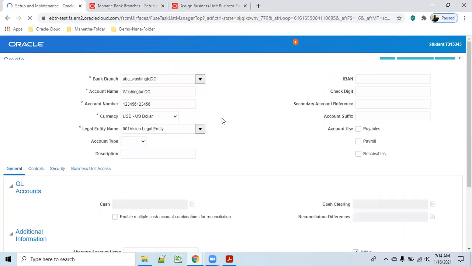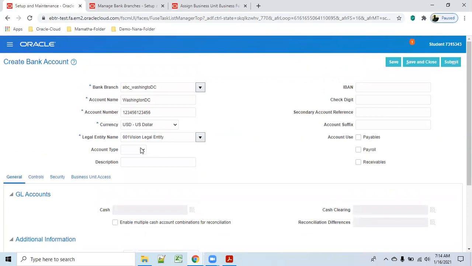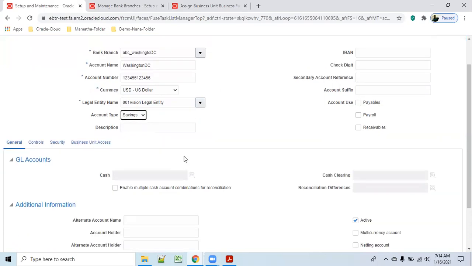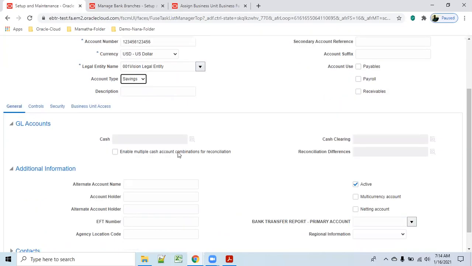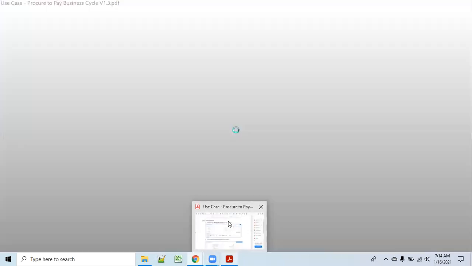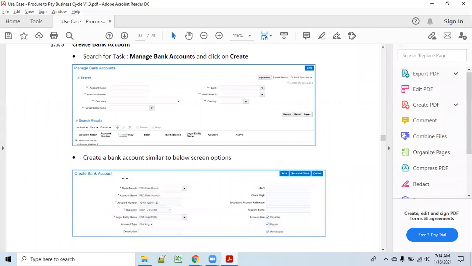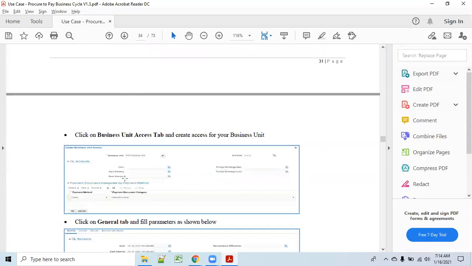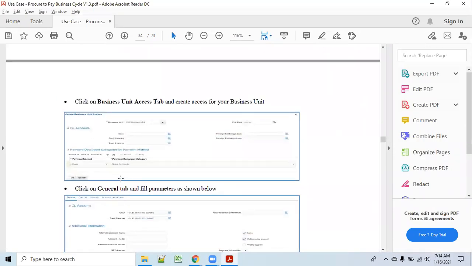It is rotating. Account type: savings, whatever is comfortable, we can select. Now I'll go back here. Click on the business unit access tab and create access for your BU.